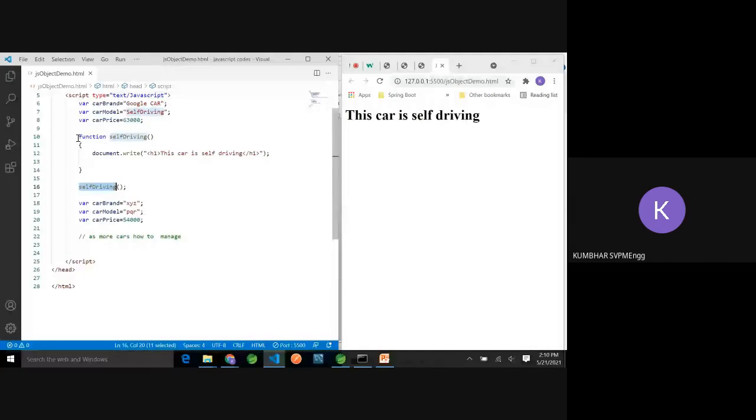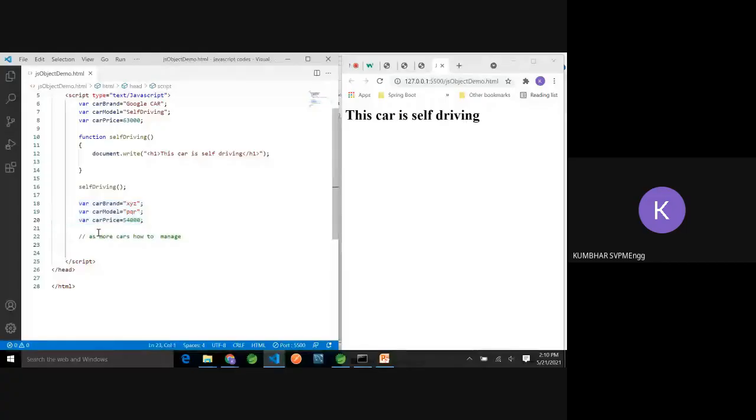But let's say this is car 1, this is car 2. Suppose in the showroom there are 100 cars. Should I repeat these statements 100 times? You can understand how difficult it will be to manage 100 into 3 lines. That's why, instead of separate variables, can we group them together to define one class, car, and through that manage the objects?